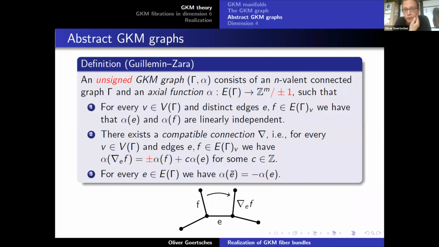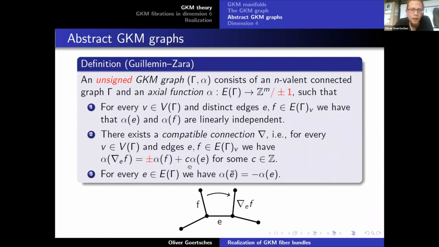Right? So in the notion of Anton's talk yesterday, this is the same as the weights being in general position. Right? So that was his way of phrasing this condition. And then there's another condition here, that of a compatible connection. What's that supposed to mean? For that, I have drawn this picture down here. So a connection does the following. When you fix an edge E in the picture, then the connection nabla E is a way to transport edges that start at the initial vertex of E to the terminal vertex of E. So it's a bijection from the edge set at this vertex to here, and for every edge E we have one such bijective map.